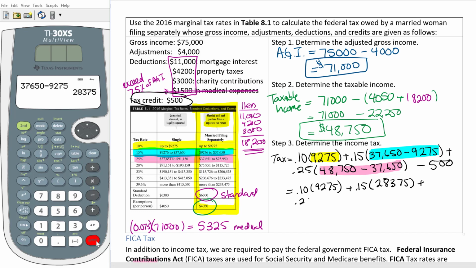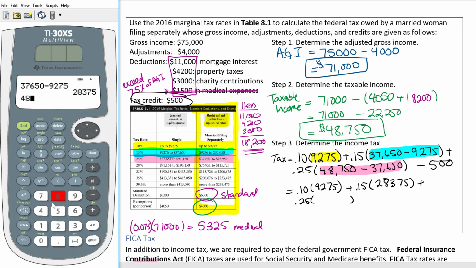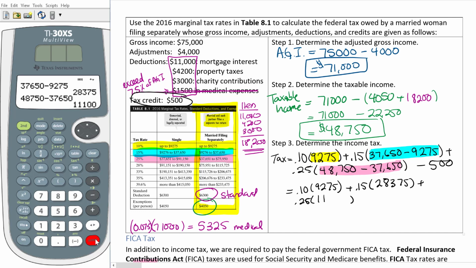Plus in the 25% category, in the rose colored there, I have $48,750, which is my total taxable income, minus the $37,650, which is $11,100,